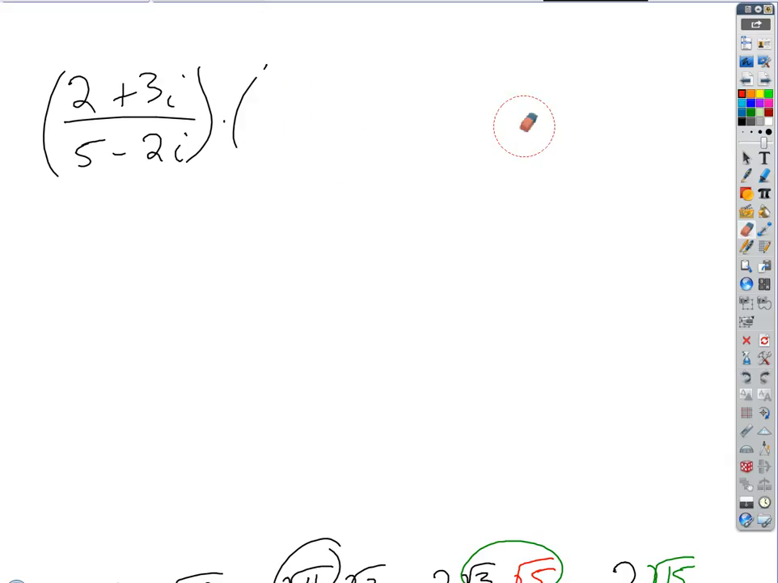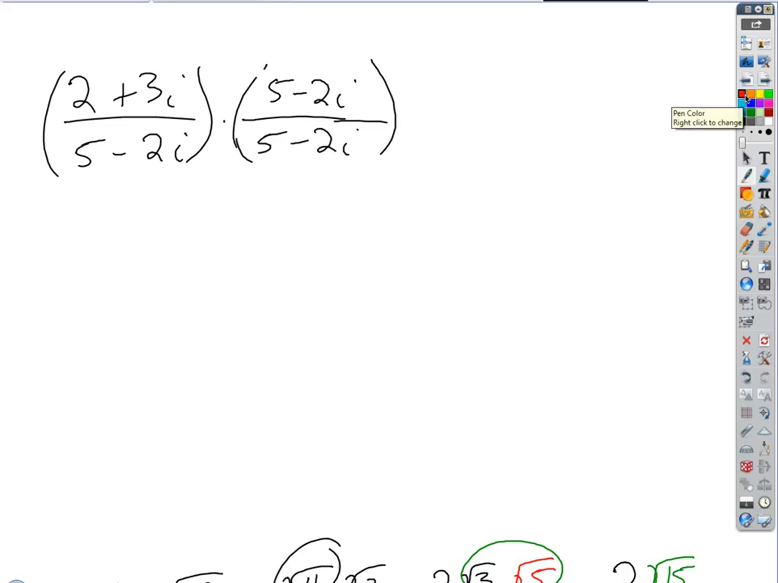Okay, multiply, say it again? By the whole bottom. Okay, let's try that. We're getting much closer. Let's see what happens if we do that. 5 minus 2i, top and bottom. Okay, so let's see what happens. If I multiply the 5 times, let's distribute. So the 5,